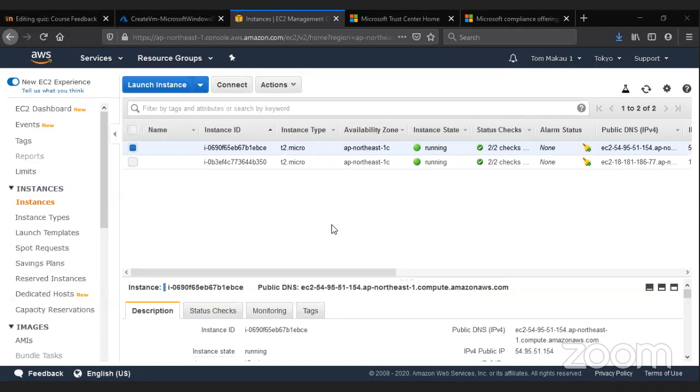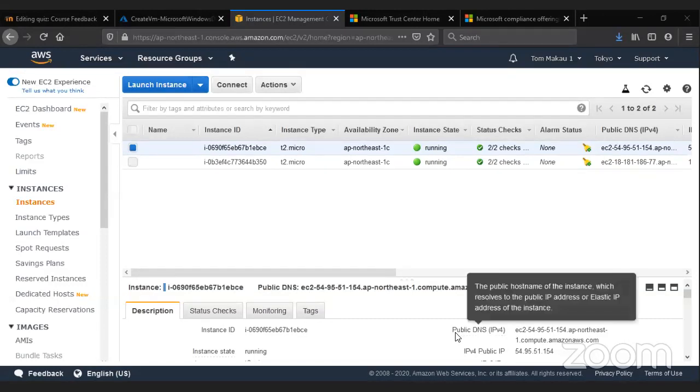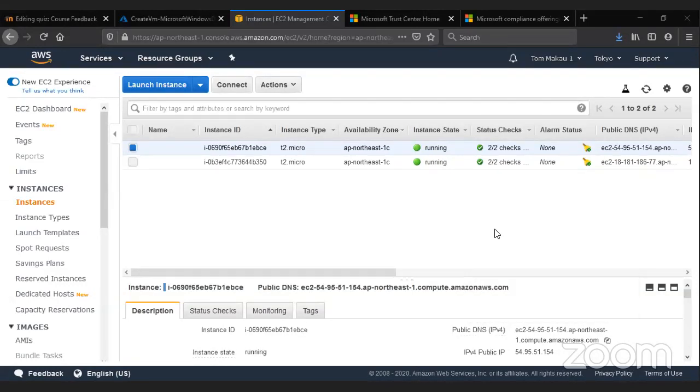I put in the password, and then it's not working.